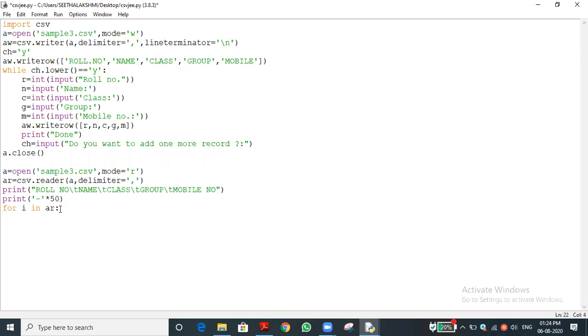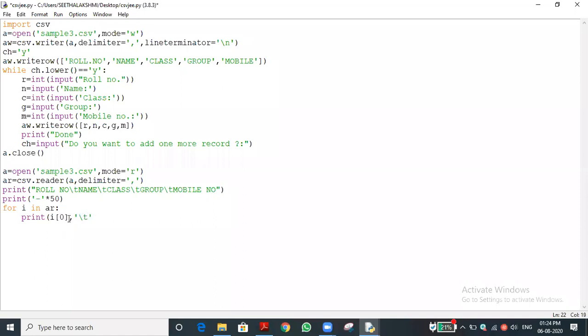Now we want to write the data. How to write the data? Print of i of 0, where the roll number is stored, then \t.